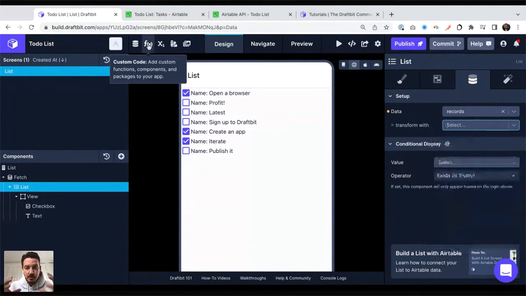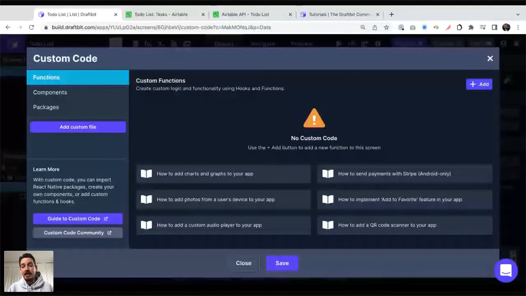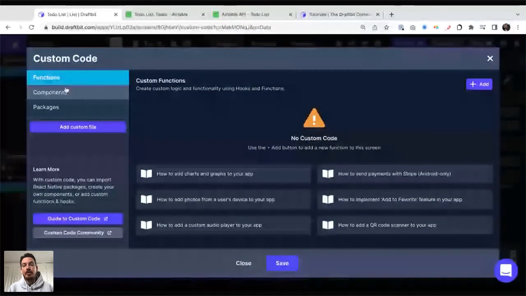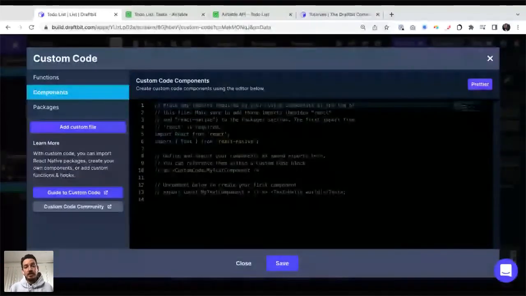So this is a custom code model, and you can add your own function, which for those who know how to code a little bit, would be your JavaScript function that you can use everywhere on the platform. We might not get to that today, but you can even create your own components. Remember I talked about a text component, an image component, where you can create your own if you're not happy with the date picker component and you want a different one.